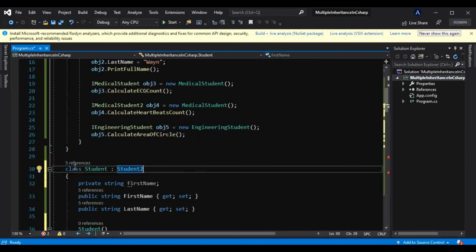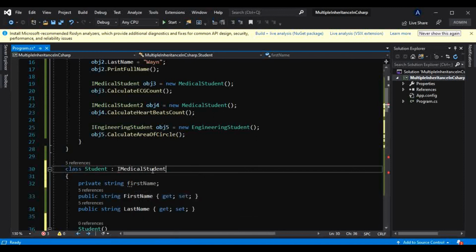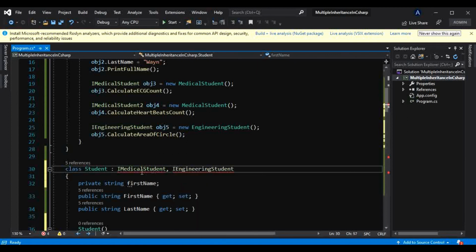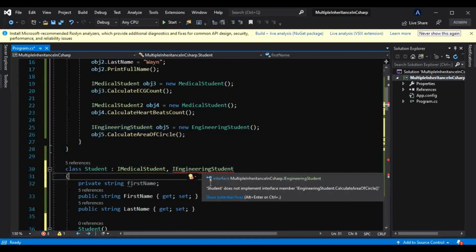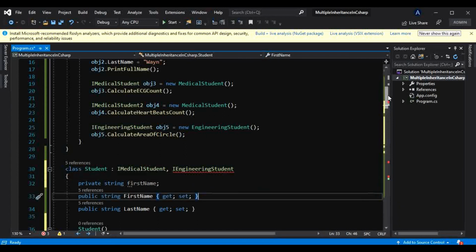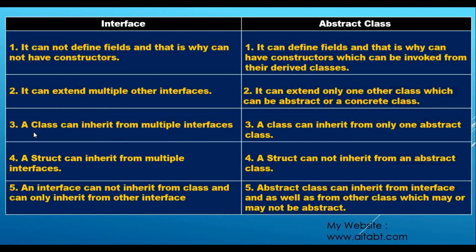But this class can implement more than two interfaces, like this. And what we have to do, we just have to implement those interfaces for that red squiggly line to go away, like this. So this is possible, and that's what this third point says.